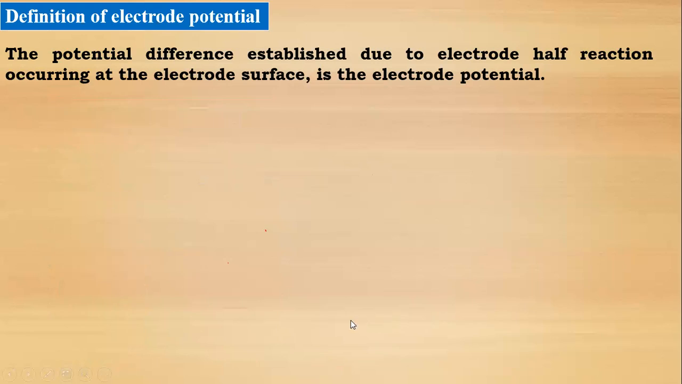Now, definition of electrode potential. You will write this definition. The potential difference stabilized due to the electrode half reaction occurring at the electrode surface is the electrode potential. Oxidation potential. The potential developed at the single electrode